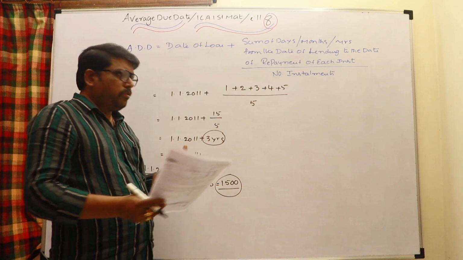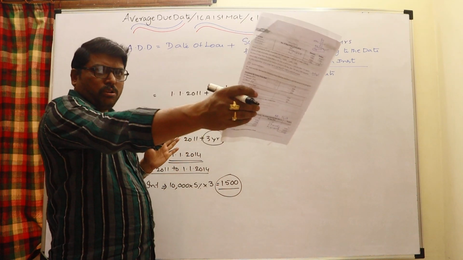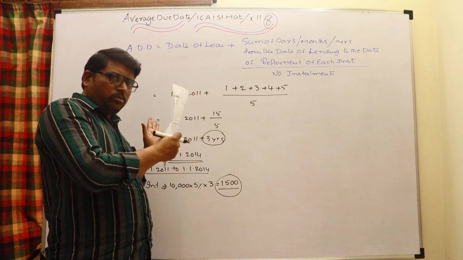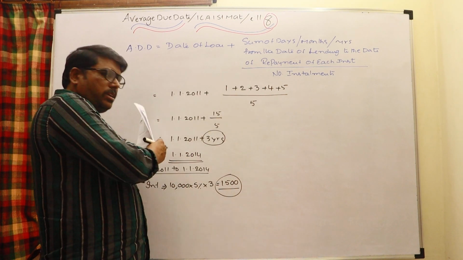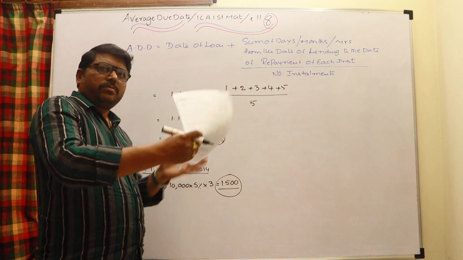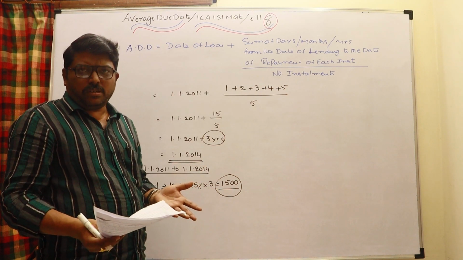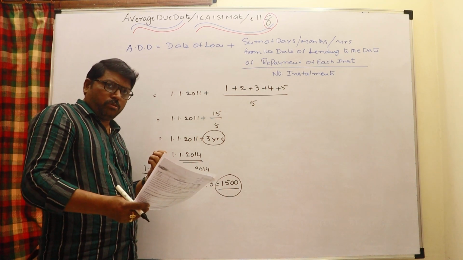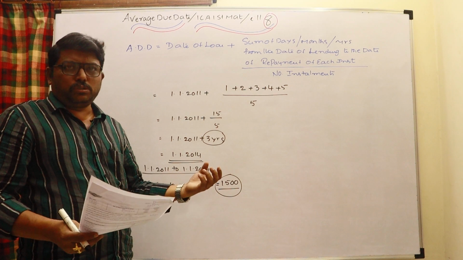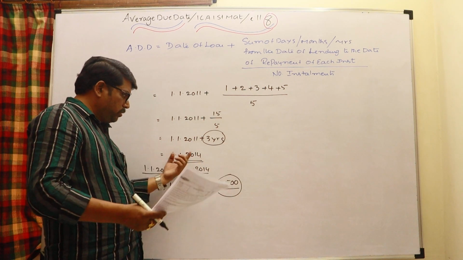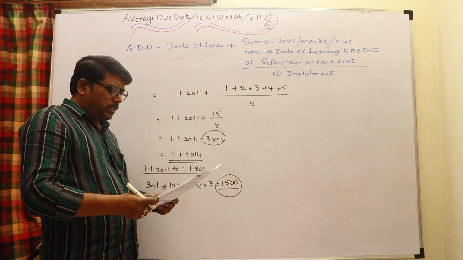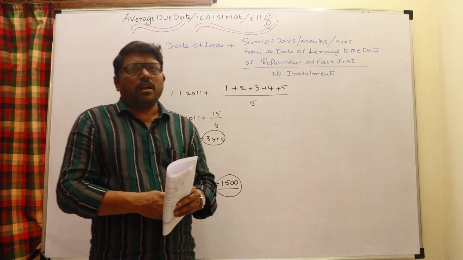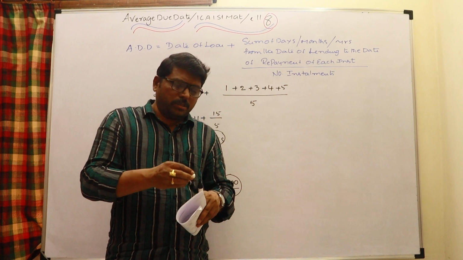In the normal scenario, from the average due date to the actual payment date, you have to calculate interest. Here the payment is not like that. Payment is done throughout; even earlier than this date payment is done, and later than this date payment is also done. So in this case particularly, interest is to be calculated from the date of loan taken to the average due date, which means you calculate the interest for 3 years. So the interest is 1,500.